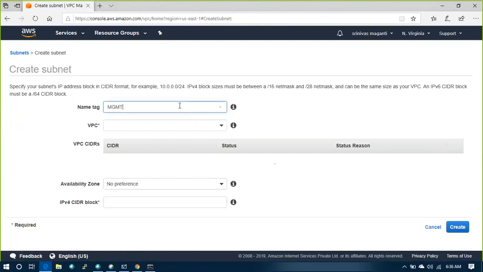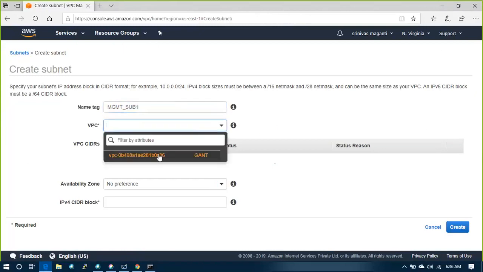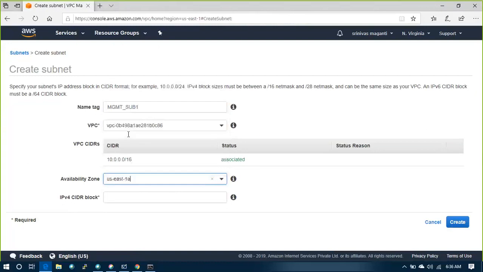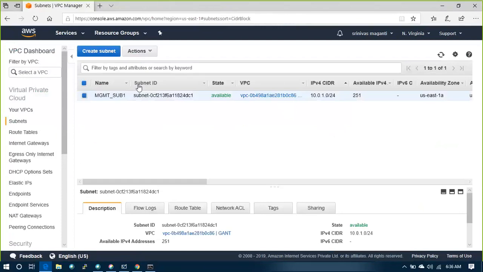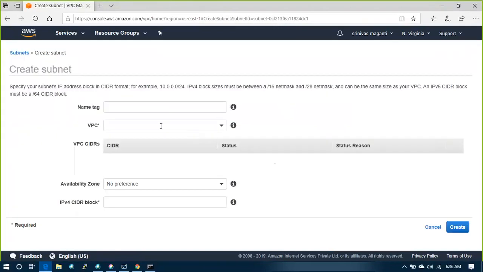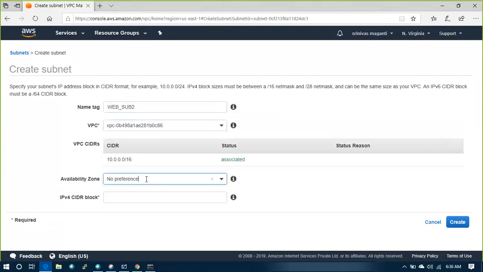Yes, mgmt_subnet1, management subnet, 10.0.1.0/24. Okay, I'll create one more subnet, web_subnet2, us-east-1b, and 10.0.2.0/24.